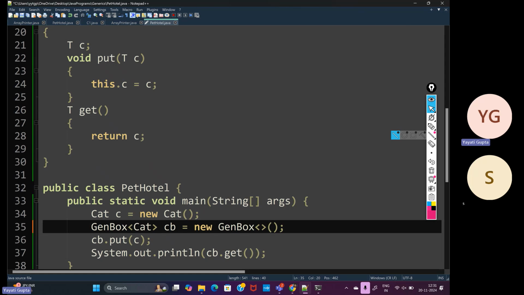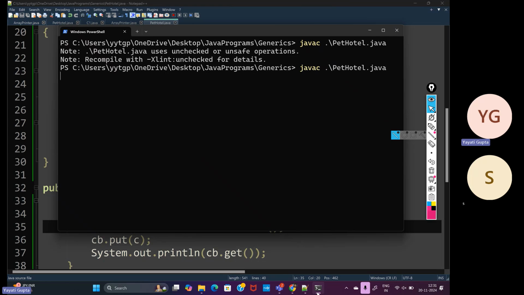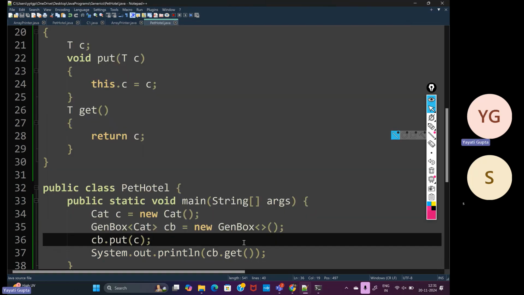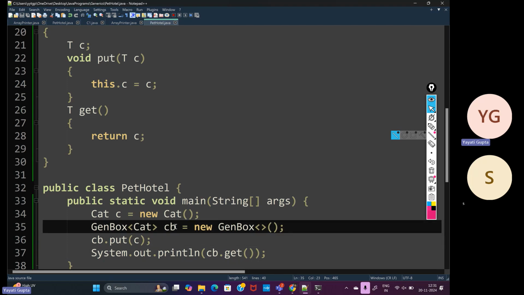We'll discuss this more with more examples, and then we'll talk of some more classes in Java that are implicitly generic classes and how you use them. So I just want to check if those warnings are gone. You see now those warnings are gone. It's no longer unsafe. So we'll talk more about